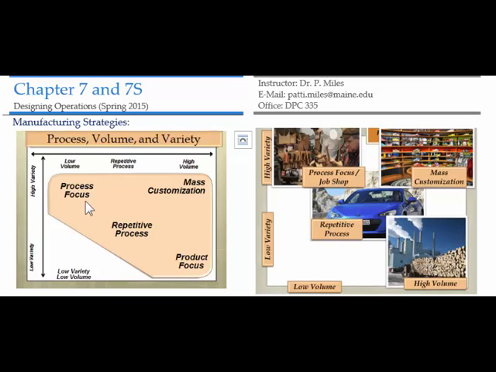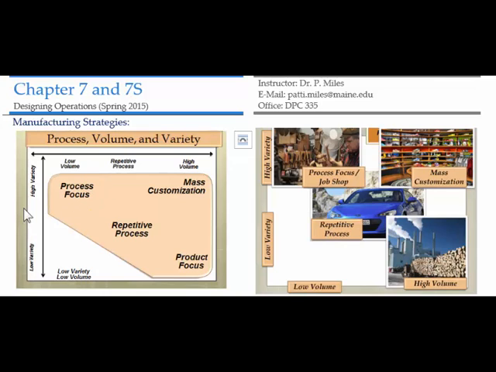Another would be a place like maybe a shoe repair or a Kinko's copy shop where they have a whole variety of things they can do. It isn't exactly the cheapest possible way to do it,